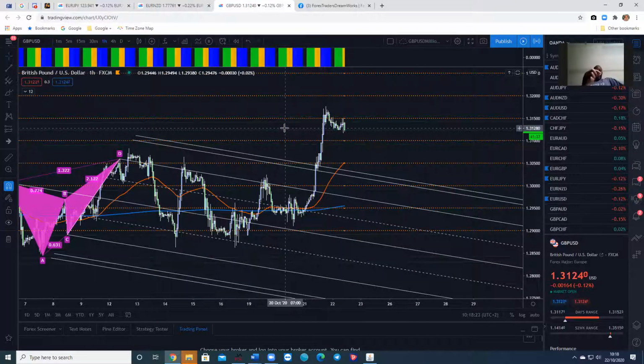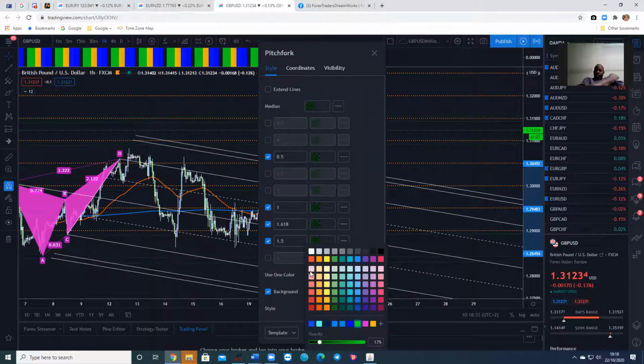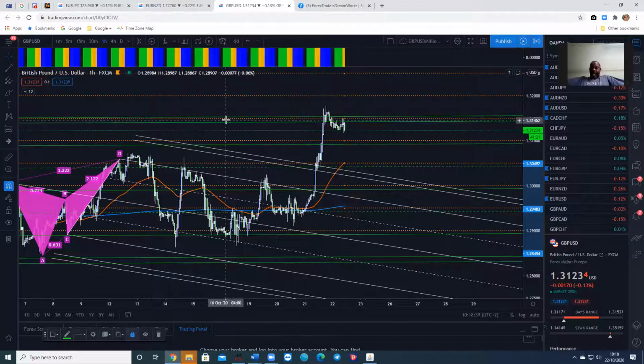At the moment, let me see what scan I've got it in. I could see a scan behind there. It doesn't matter which one you pick as long as they're accurate. That's why we like to build up a library. So that's the outer extensions. It's quite a flat scan. The lines are horizontal, which isn't always ideal, but you can see it's rejected off that quarter theory and that outer extension on this scan.